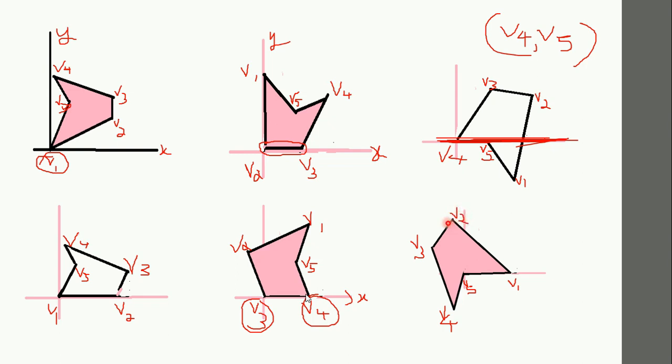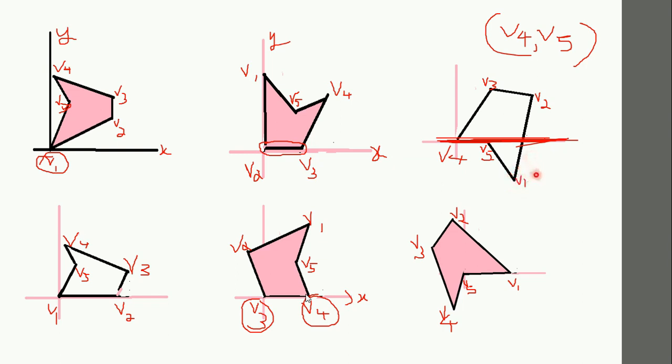So here V2 is at one side, but V2 also exists above the reference line, that is, this is the reference line, that is the x-axis. So you need not consider this particular figure for splitting, because in the previous case, after V5 you had V1. If you are checking for V1, V1 was below the x-axis. Okay, so what is the condition there?